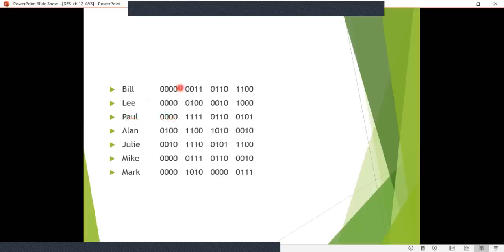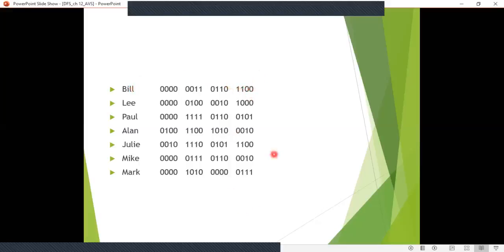All three are pointing to the same address, that is 0000. We want to avoid this. If we take the lower order bits, from the right to the left, we will get 0011 for Bill.